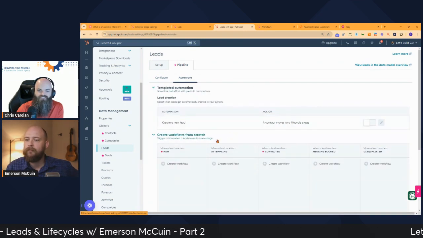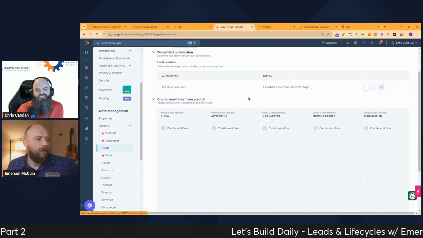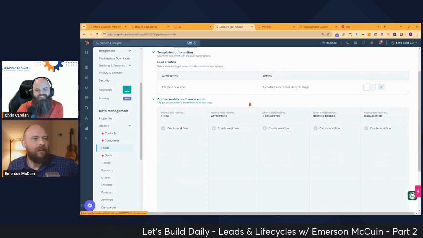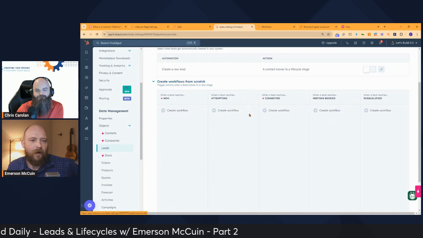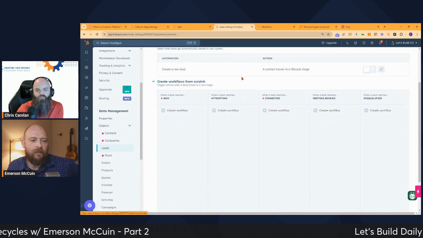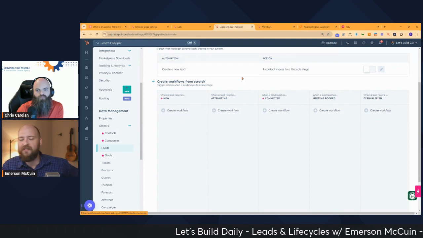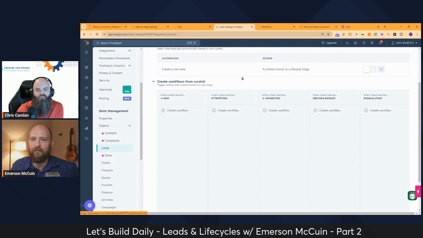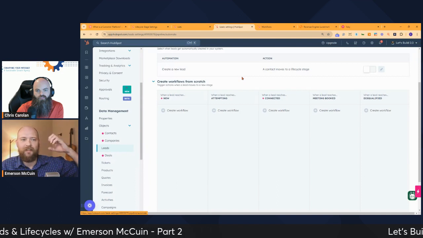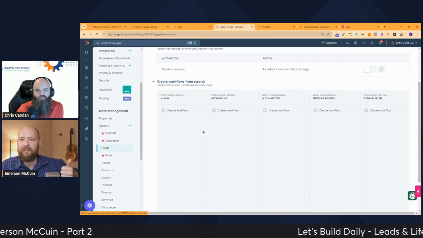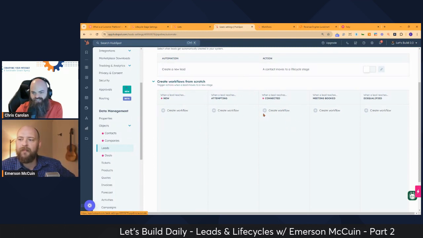Why wouldn't I want to just go here to create some workflows related to this? Yeah, let me take a look and see what's in there. I have to remind myself because I stay away from there for the most part. The last connected, I do use some of those. What do I have? Set meeting date. I have some date stamps, and that's the only thing I do there, which is pretty usual for me. I will only do date stamps because it's just an easy place. It's like, anytime something is here, do this so I can track when it happened.